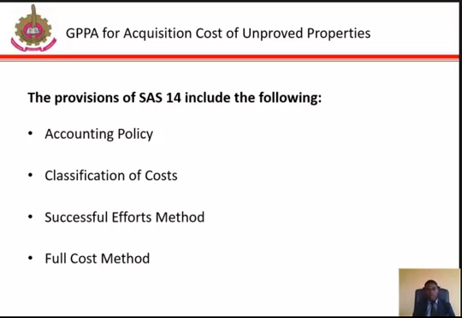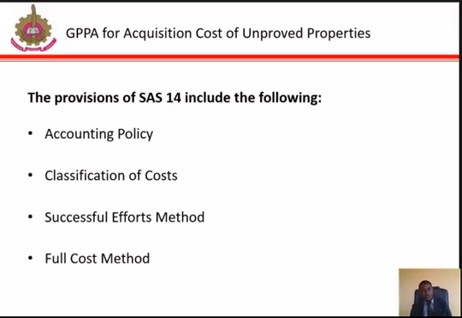Now, accounting policy. All companies engaged in oil and gas exploration, development, and production activities shall state in their financial statement the policy for accounting for costs incurred and the manner of disposing of capitalized costs in respect of such activities. In addition, the policy on accounting for restoration and abandonment costs and the total restoration and abandonment cost should be disclosed in their financial statement, even if already included in cost of sales.